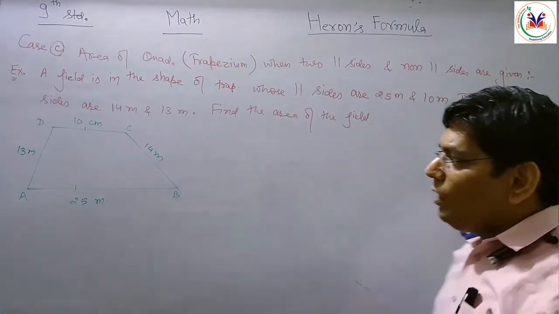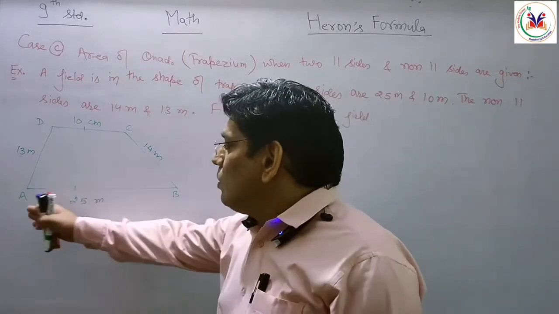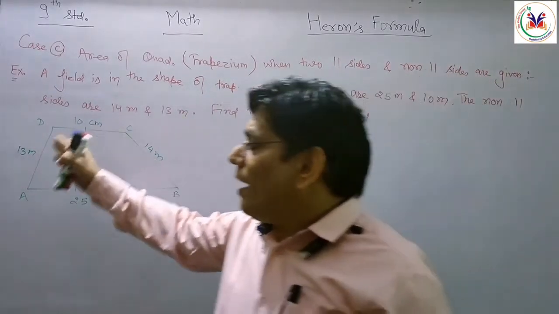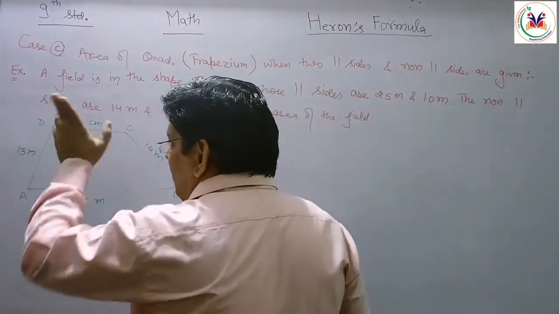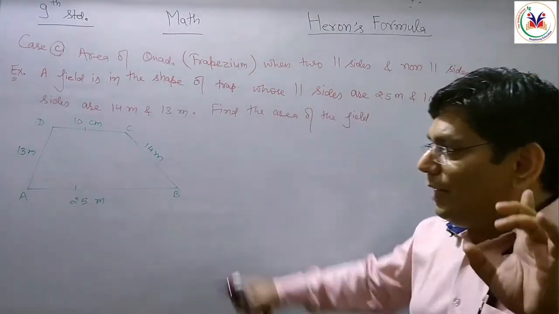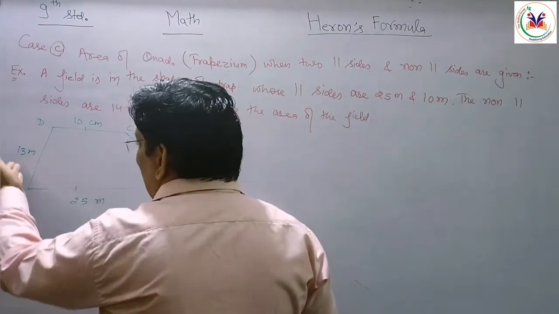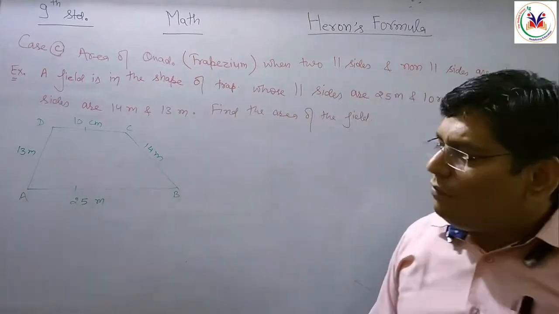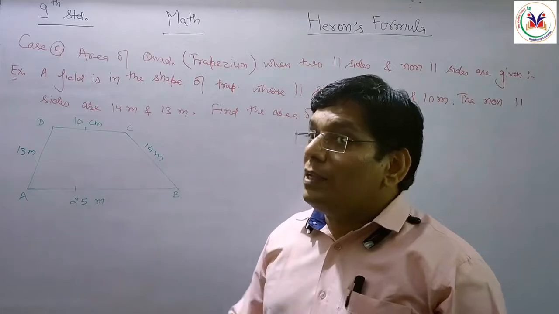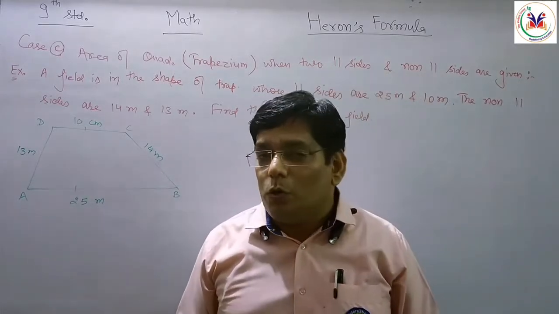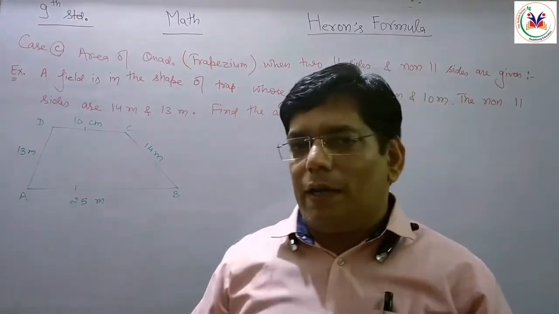So first of all, we have to draw a rough diagram as usual we are doing previously also. So first of all, we have to draw a rough diagram of trapezium ABCD in which AB is parallel to CD is clearly mentioned because that is a trapezium. And the non-parallel sides, these sides are non-parallel. First one is a 13 and the second one is a 14. So that is the basic intro of that question. Now जब हम solution की बात करते हैं, as I told you कि इस question में थोड़ा सा interesting point ये है कि हमें कुछ something different करना पड़ेगा इस question में.